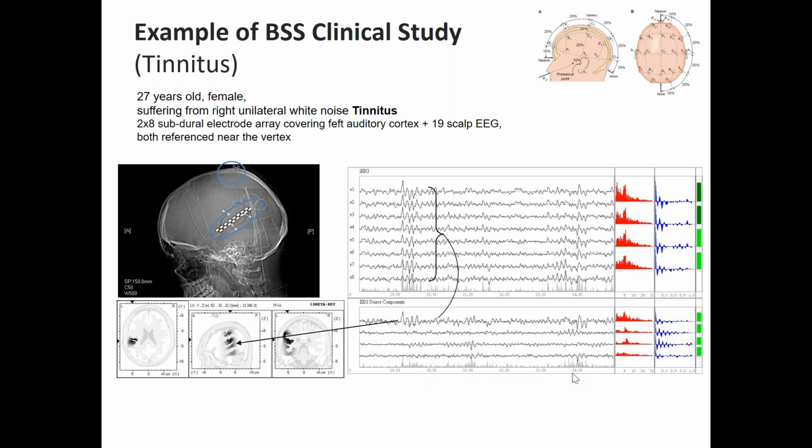And here on the bottom, you have the blind source separation, so the source estimation obtained from EEG without using those intracranial electrodes at all, okay? So this is just your independent component analysis or blind source separation. Now what you have to notice is that the first source that we have estimated is actually very similar to the intracranial